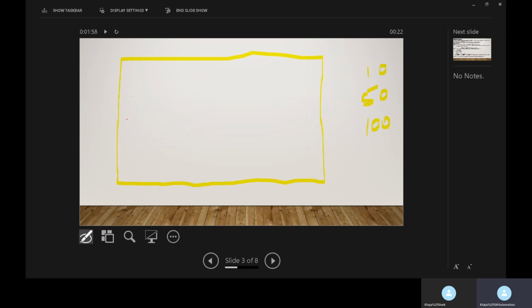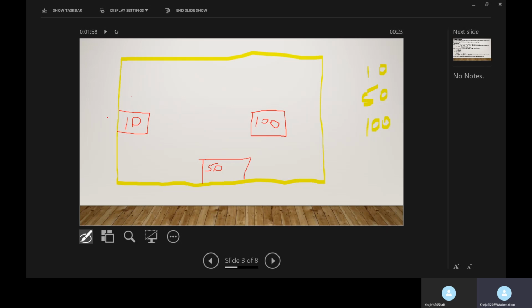For example, 10 is stored in this location in the memory, and similarly 50 is stored in this location in the memory, and similarly 100 is stored here in this location in the memory. The three values are stored in three different locations in the memory.